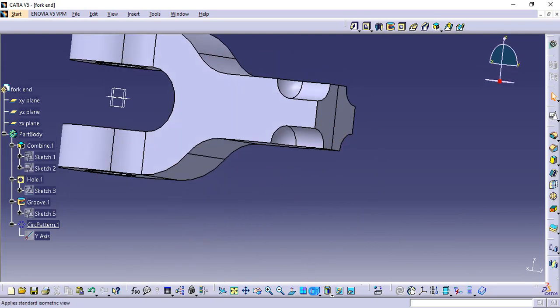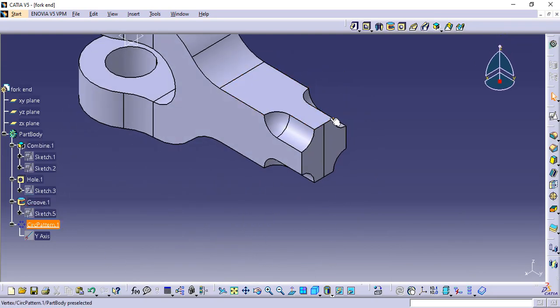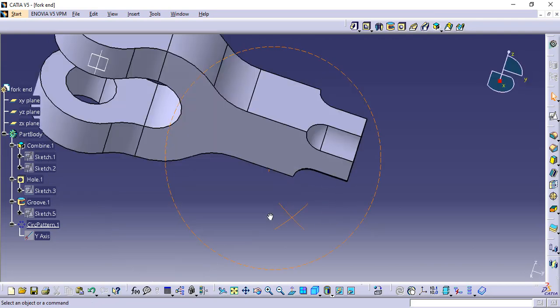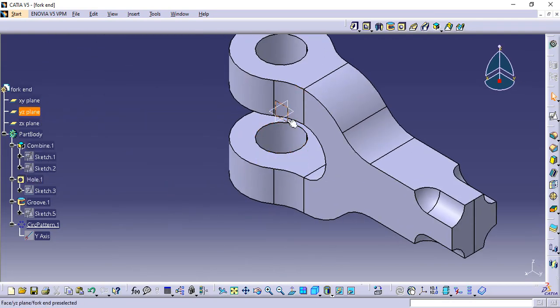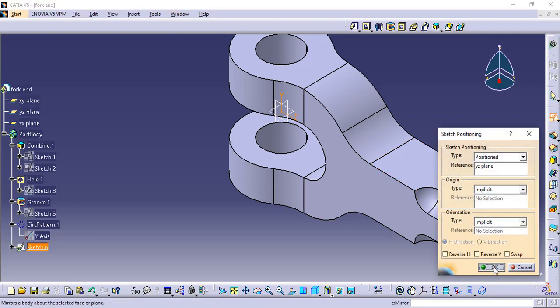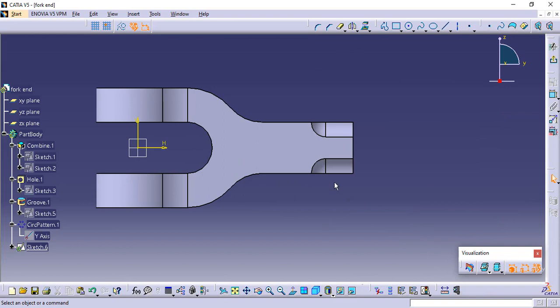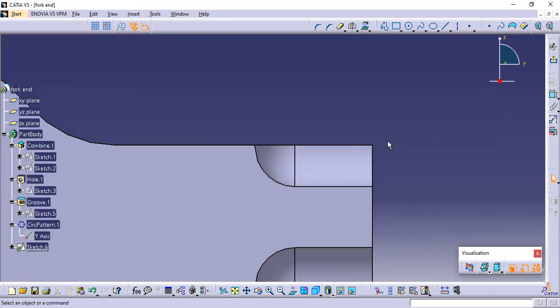Okay. Now how to make this chamfer over these corners? Select the front view again, front plane, and orient your plane. Okay, fine. Again select the corner point as a pick point, make it construction, so the point will not make any open sketch trajectory in the 3D view.